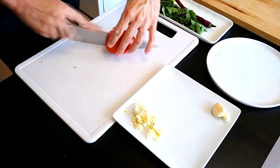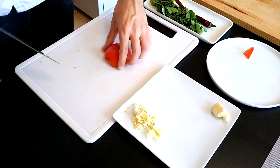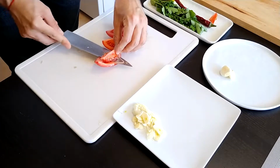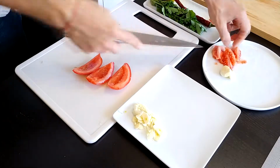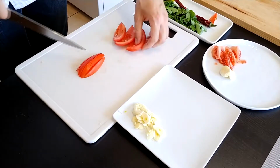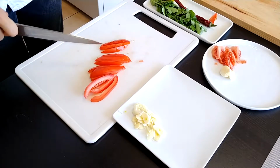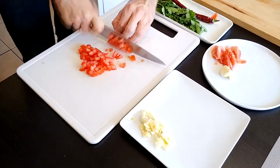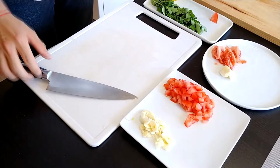For the tomato, we're going to cut it in half. Take this part out, slice them into quarters. Take the seeds, leave them here, and keep those because we're going to add them also for the mussels. And cut them into cubes. We'll put them here. Then the chili is going to go